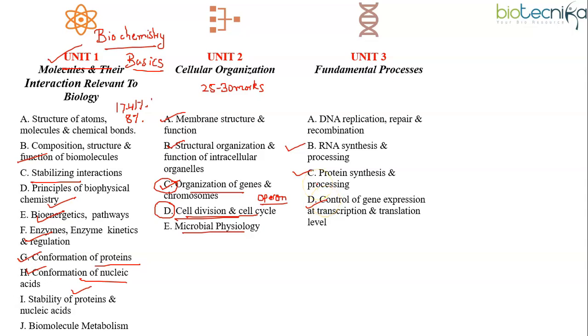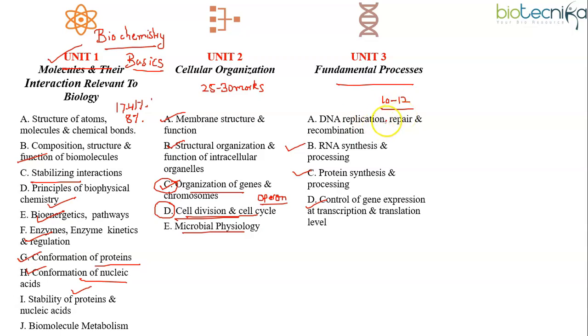So this unit is important because it's a basic unit. As I told you, it gives information of fundamental processes in detail. So if basics are not clear here, you will not be able to understand the concepts from other units. So 10 to 12 questions are asked on an average in the exam. It's a very simple and scoring unit.